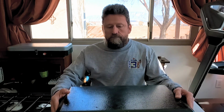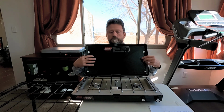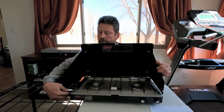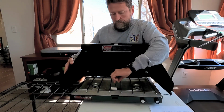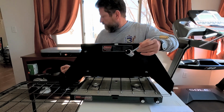I'll start with the Coleman propane stove, good old classic. Everybody's probably seen one of these somewhere along the way. Plain, simple, easy to use. Got the wind deflectors. As you can see, this one's well used. It's pretty old. Wind deflectors hook in. It's got a regulator for your propane bottle, and it takes a standard 1 pound propane bottle,